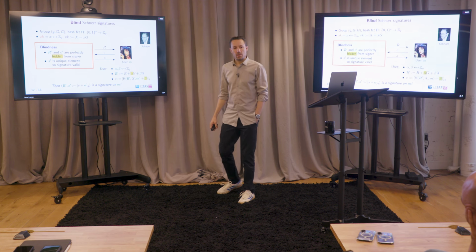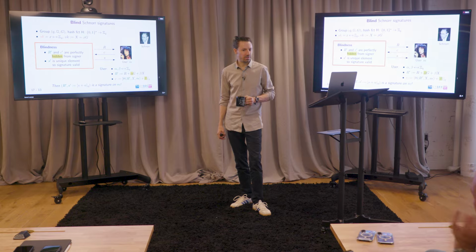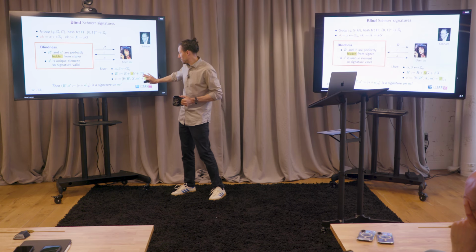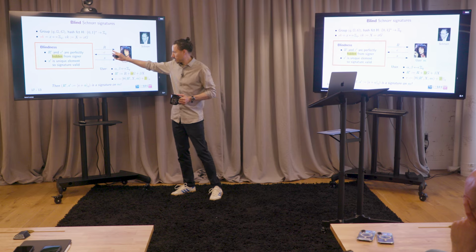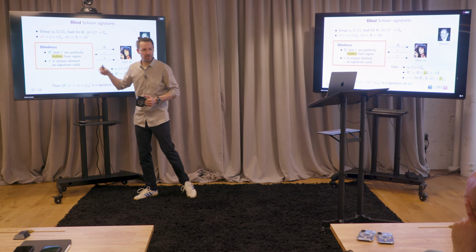So if you only cared about a computational version of blindness, could you just skip the beta? I don't know if there's anything simple. I think it's just a nice effect that you get perfect blindness. Okay, but why do you need the beta? What goes wrong? If the user sent just this hash value, the signer can remember it and then see if that's the hash value that goes with the final signature. So that would link it again. That would link the hash value.